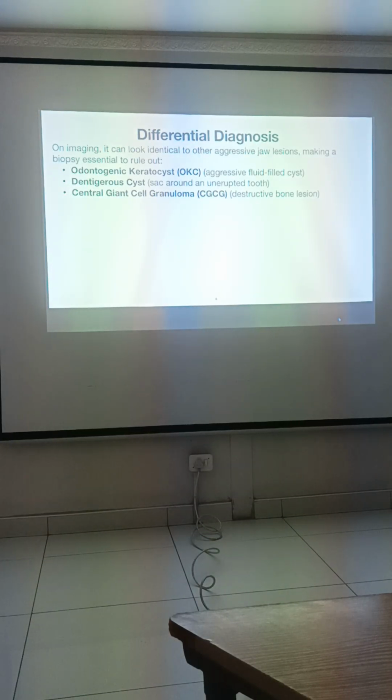For differential diagnosis on imaging, like the previous x-rays, ameloblastoma usually tends to resemble odontogenic keratocyst, dentigerous cyst, and sometimes central giant cell granuloma. So usually histology is the best way to find a definitive diagnosis. And then moving on to